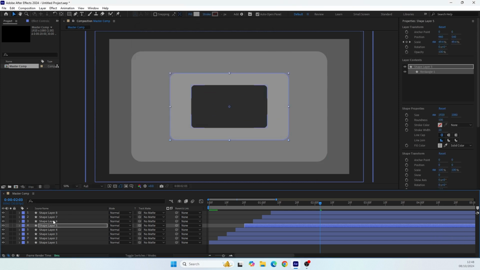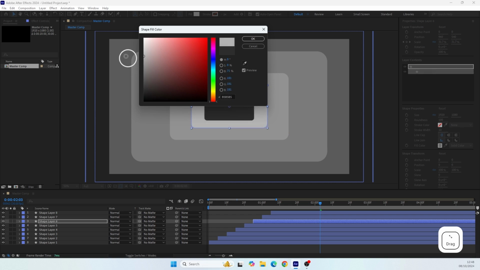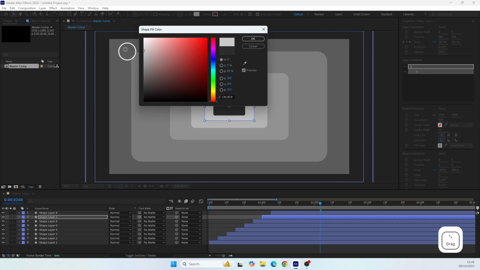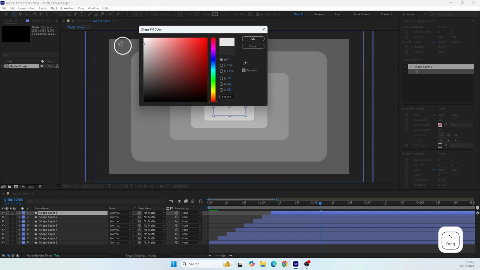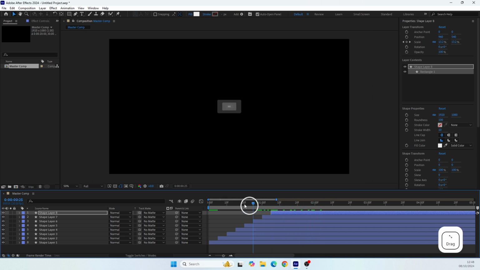So each one needs to be a little brighter than the previous one. Keep in mind that you can choose any other colors. You don't have to do exactly like I am. But if you want to learn how to change the colors later on with one layer, you should stick to color the layers only in gray colors.